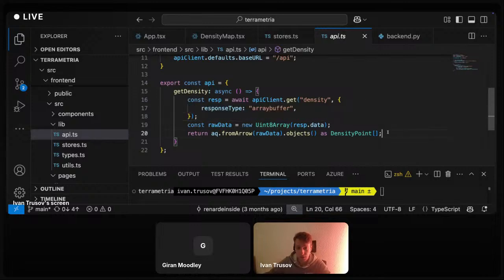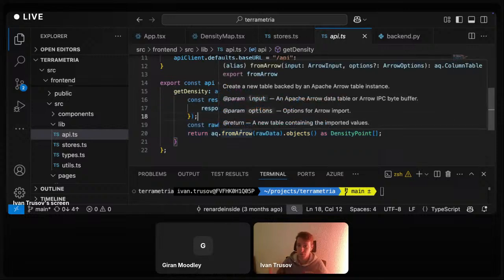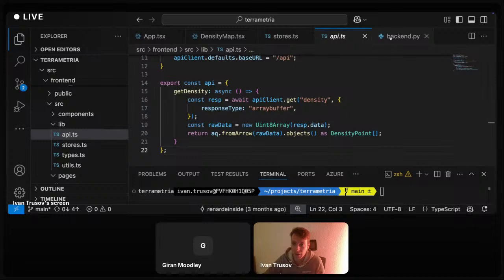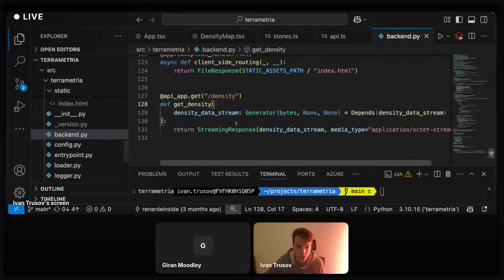Instead, we're using the richness of the ecosystem, and I'm using here Arrow. Arrow is a tabular format, Apache Arrow. It's an open source tabular format, which allows you to quickly exchange data between different systems. And the cool thing is, because we are running our backend and our backend is connected to Databricks, the SQL connector is capable of processing the data in Arrow format, which means no additional serialization on the backend. I can immediately stream the data down towards the front end and only deserialize it once, already on the front end. Let's take a look at the backend code.